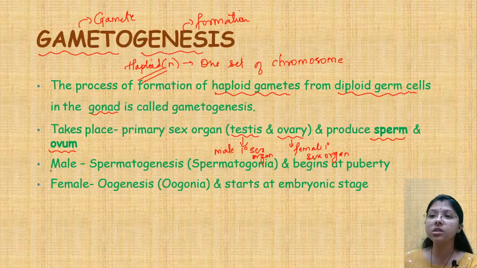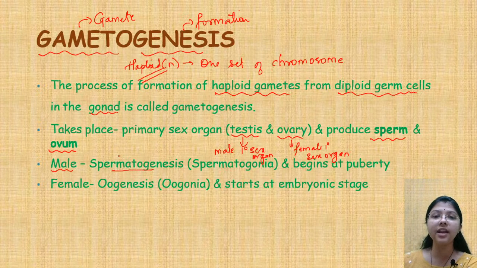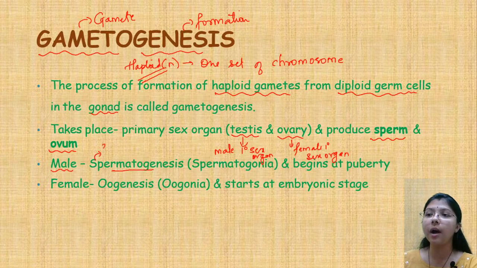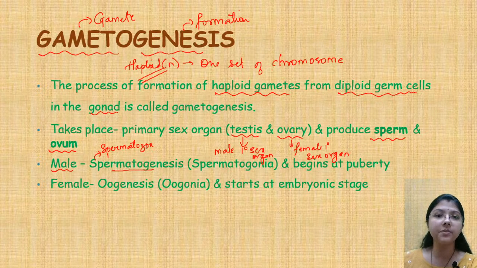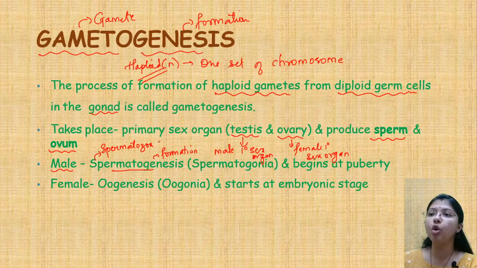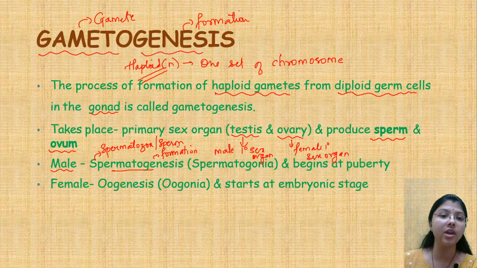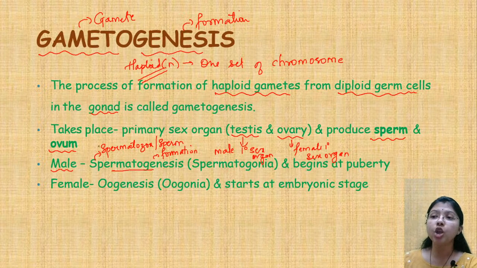In males, the process is termed as spermatogenesis. Now, why is it termed as spermatogenesis? Again, we will break this word into two. Spermato comes from the term spermatozoa, and genesis means formation. Now again, spermatozoa or sperm are synonymous terms. ठीक है, आप spermatozoa भी बोल सकते हो या फिर sperm भी बोल सकते हो. Here we are talking about the male gamete. ठीक है, so the process of formation of the male gamete will be termed as spermatogenesis,